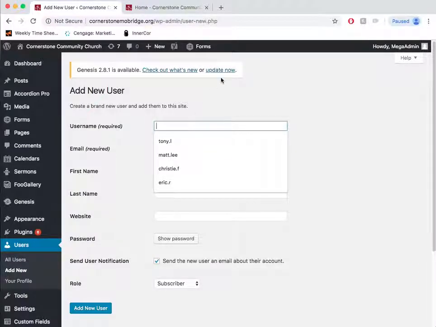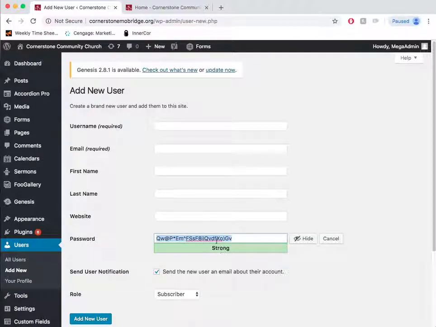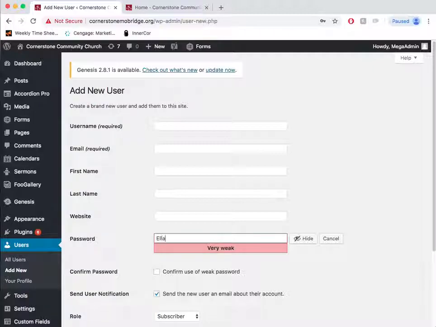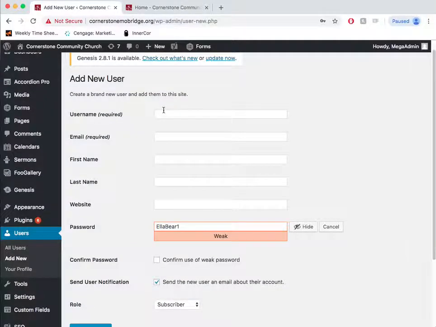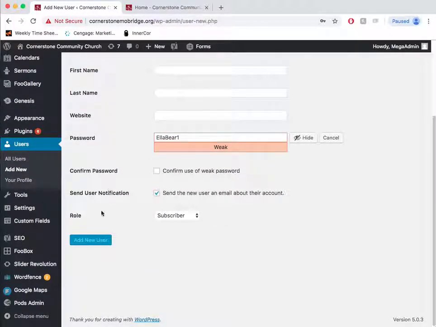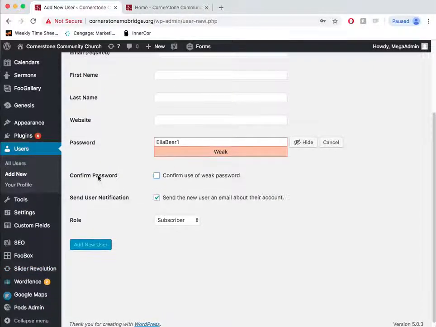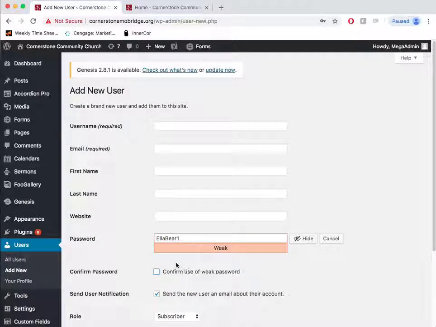You just type in a username, an email, and then you'll go here for the password, and that's where your password will be. You can change your password by just, so whoever this was, so I mean obviously that's a weak one, but you would just keep it there. Then right here, whenever you finish these other required fields, you'd push this. It's saying, are you sure you want to use a weak password, which obviously try to make yours stronger, but add new user there, and then your password will be that instead of all of those